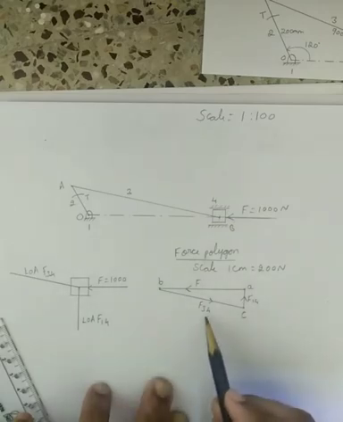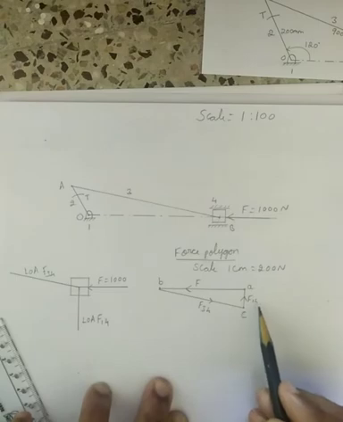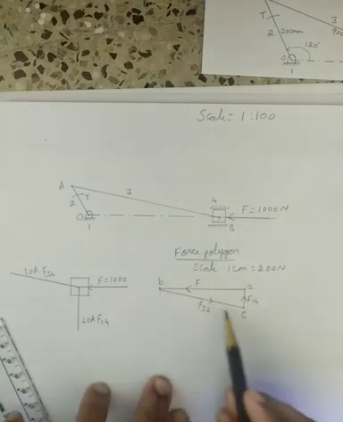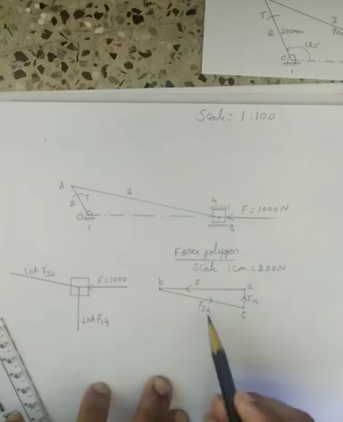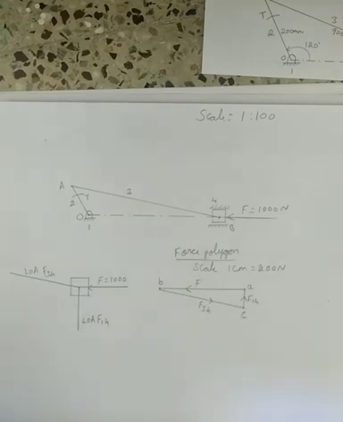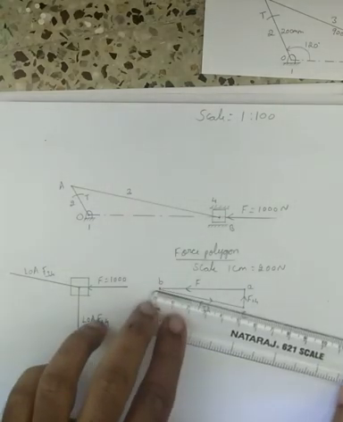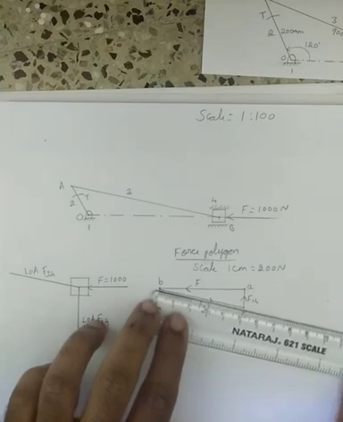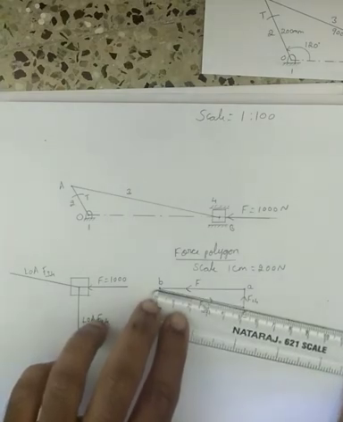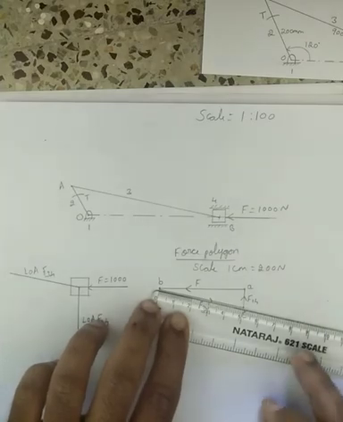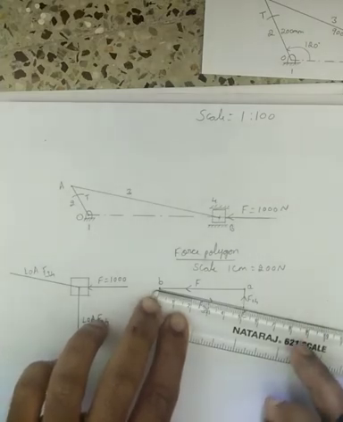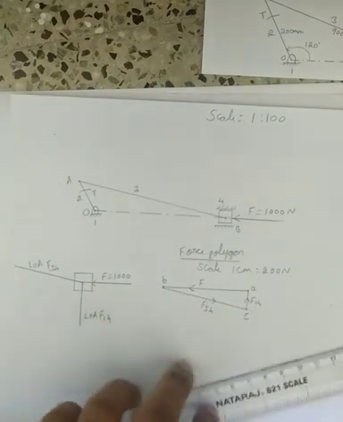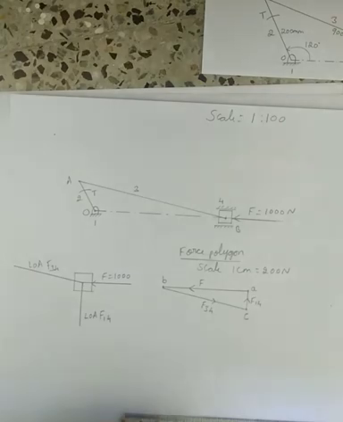So we can find out the forces F34 and F14. For that, we have to find out the dimension of it and multiply it by scale, which will give the magnitude of F34. So I will take the scale and measure that. What is the length of the F34? I am getting 5, exactly 5 centimeter. So you may get 5 or 5.1, based upon how exactly you are drawing that. So I will find out the F34.